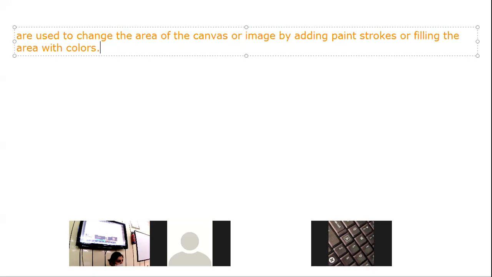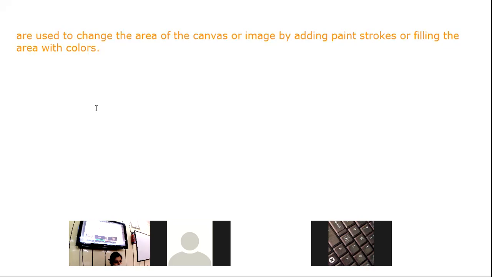For stroke selections. By default, the foreground color is black and the background color is white. Page number 71, please begin. In the tool box, foreground color is used to paint, fill and for stroke selections, whereas background color is used to make the gradient fills and fill color in the erased areas of the image. Clear?